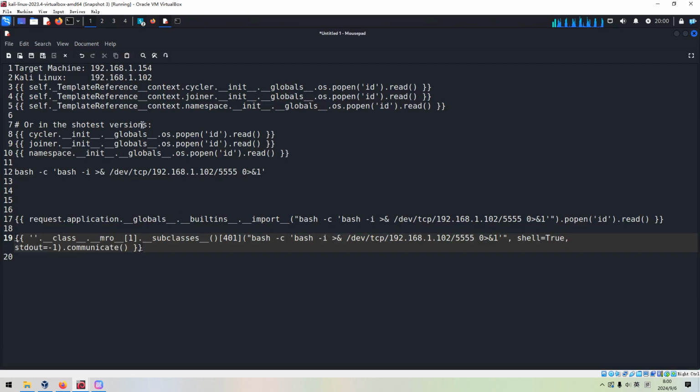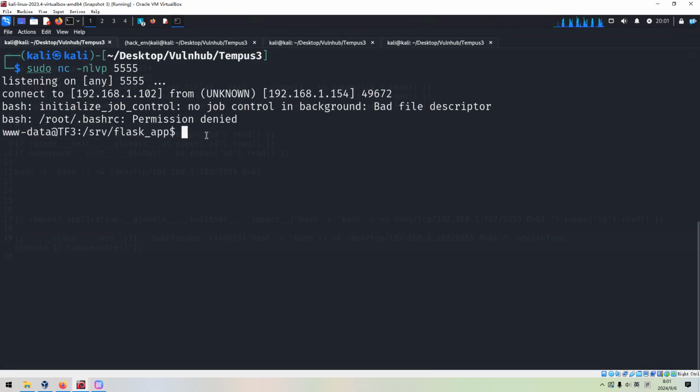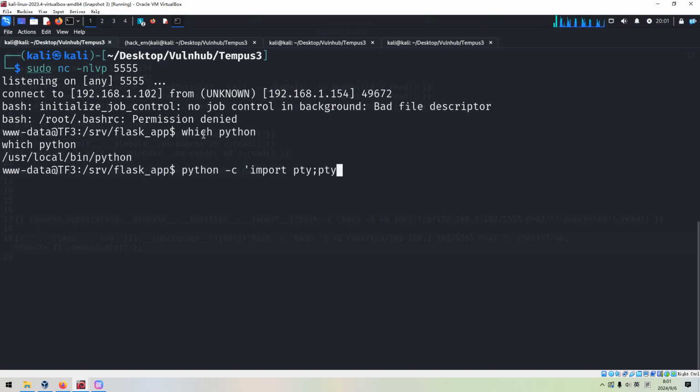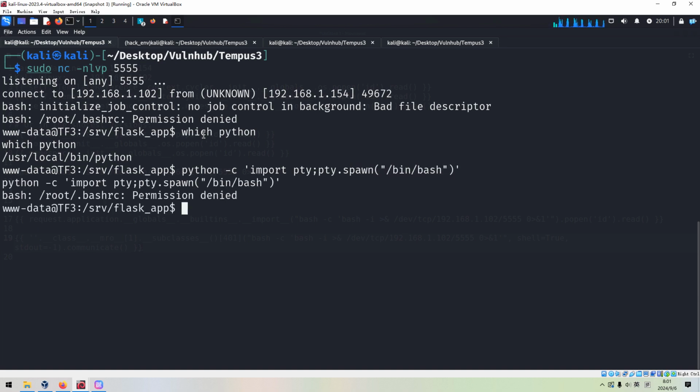So we go back. As you can see, we have already got the connection from the target, and we can spawn the interactive shell. Of course, I will not, for example, do local enumeration to make a privilege escalation, something like that. I just want to show you the second technique I mentioned at the very beginning, how to upgrade